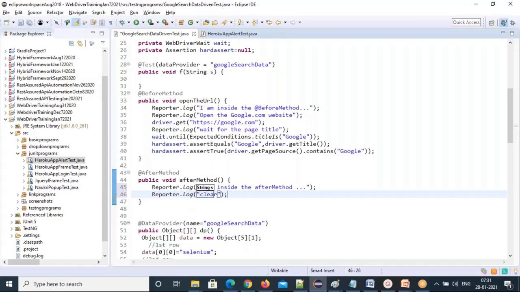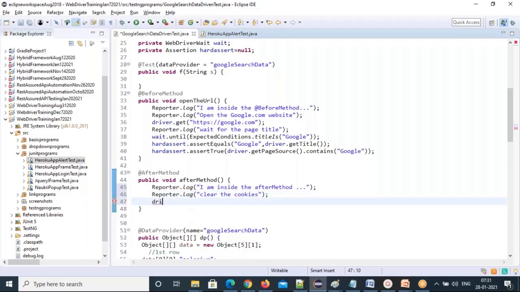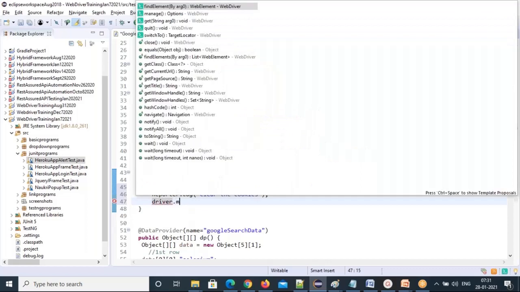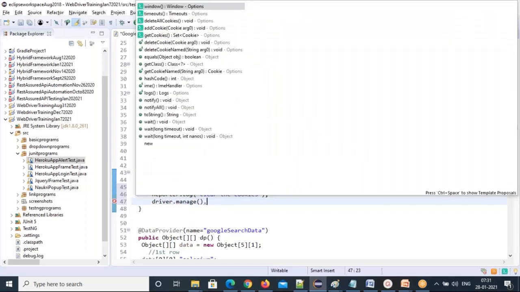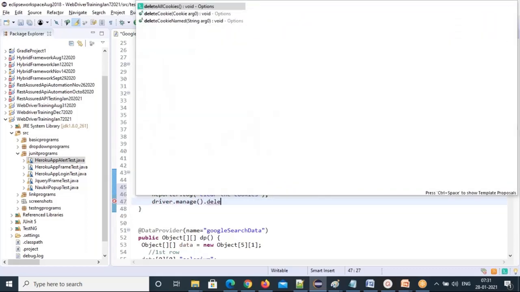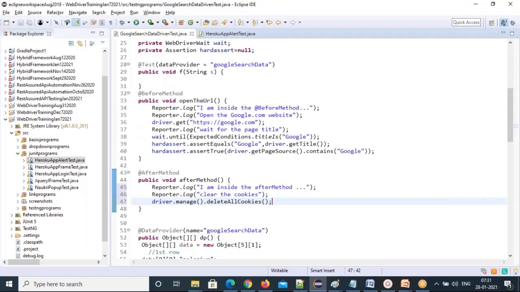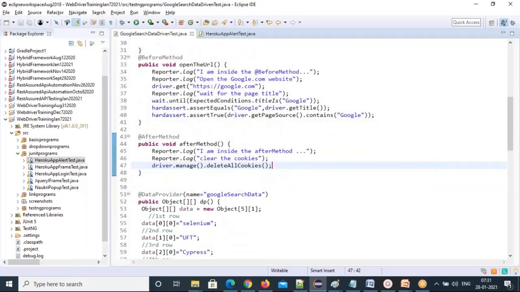After each test case, this after method is called automatically. We don't need to call it. Write the clearing the cookies code. What is the code? driver dot manage method dot deleteAllCookies. That's the code I'm writing in the after method.